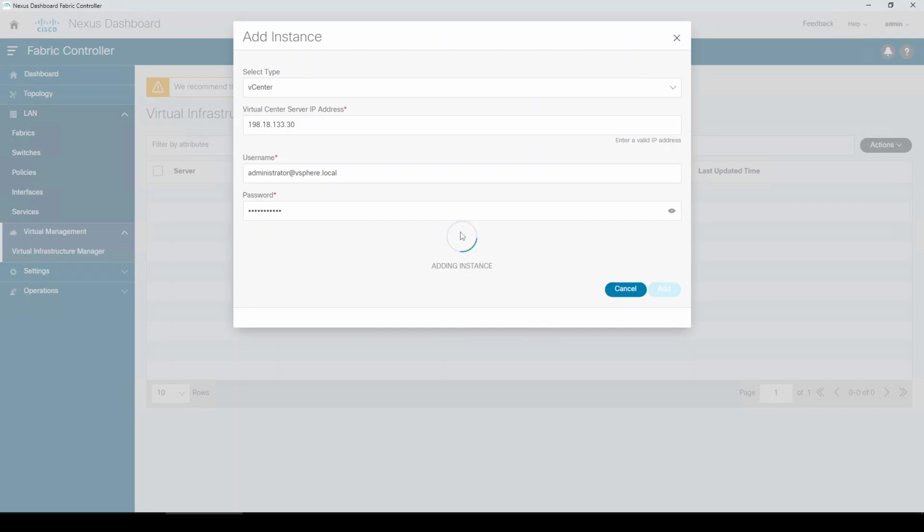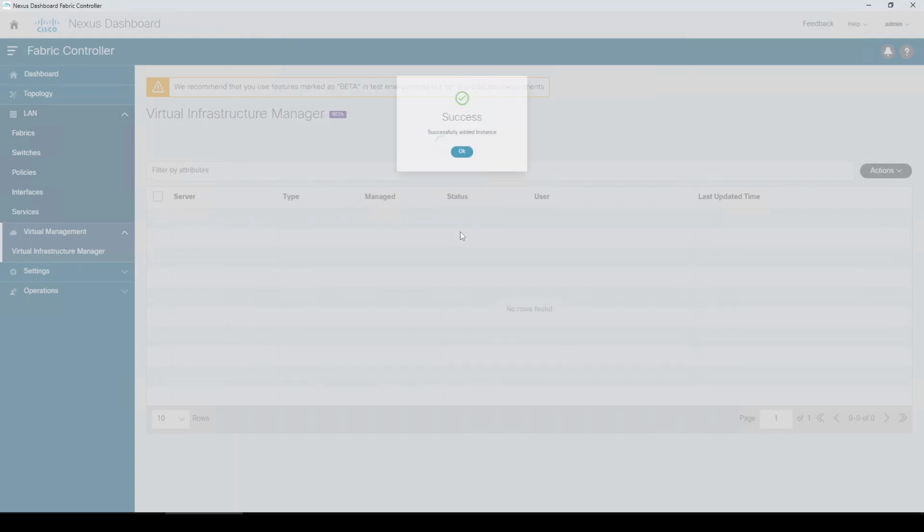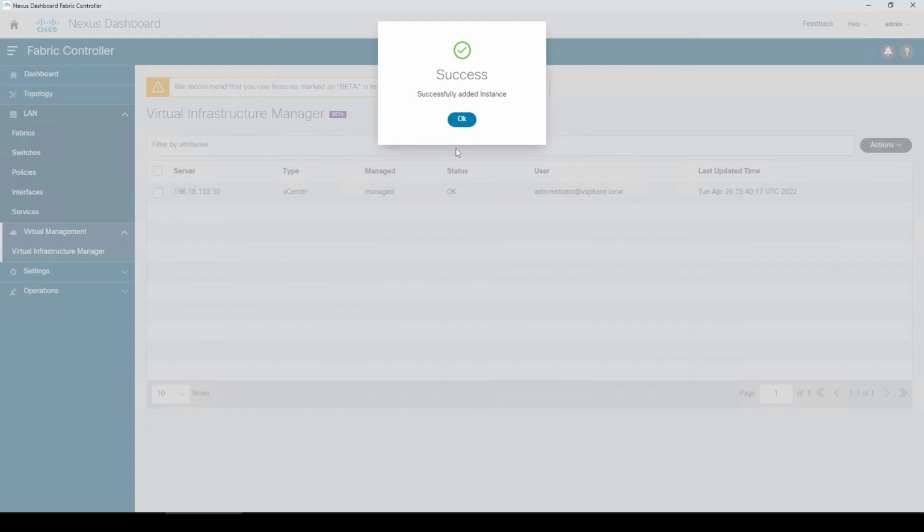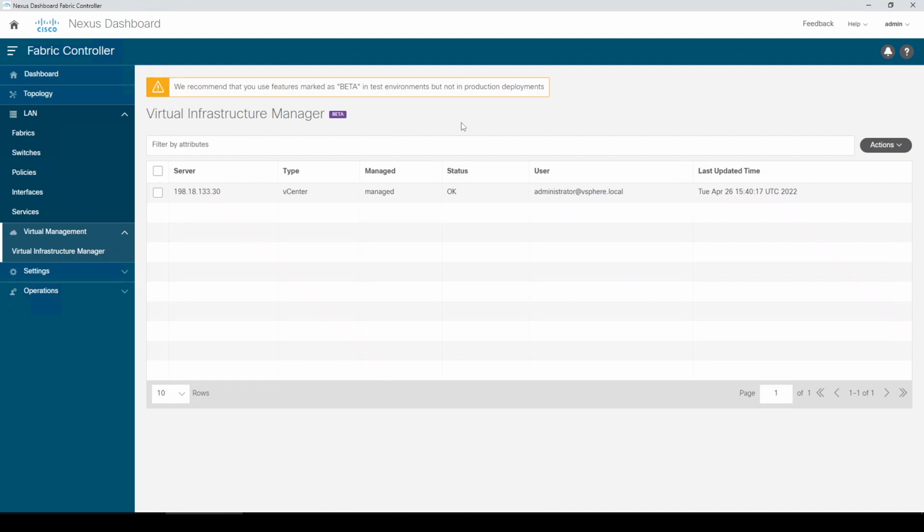So it understands all the VMs that have been deployed, which hosts those VMs are running on, and what the network connectivity is for each of those hosts in terms of its internal vSwitching and connectivity to the fabric that you have connected those hosts to. So this is a great troubleshooting tool for understanding what your virtual machine connectivity looks like. Looks like the status here is okay. Let's go back to